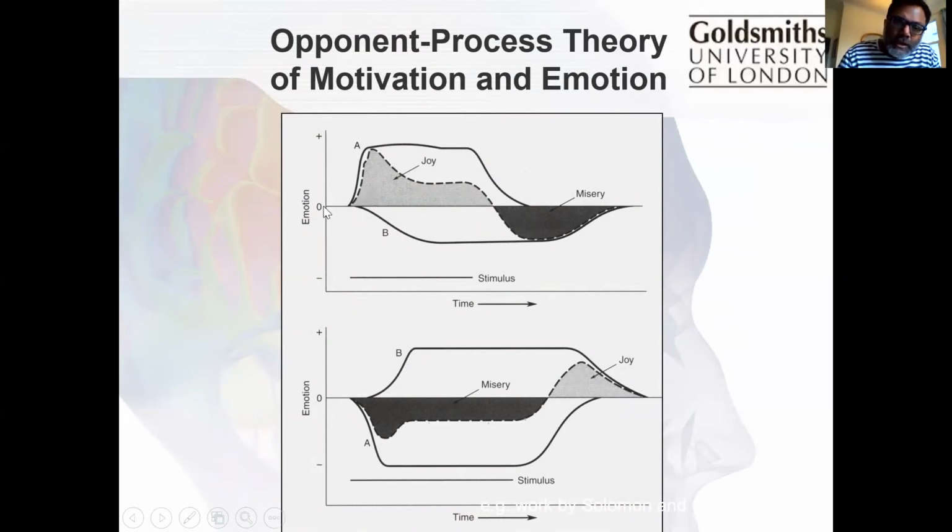But here we have emotion on this axis, and we have positive emotion, feeling good, up here, and negative emotion going down. And this is as we go through time. As you will see, whenever we do something nice, we have a nice feeling, which is the joy, but our